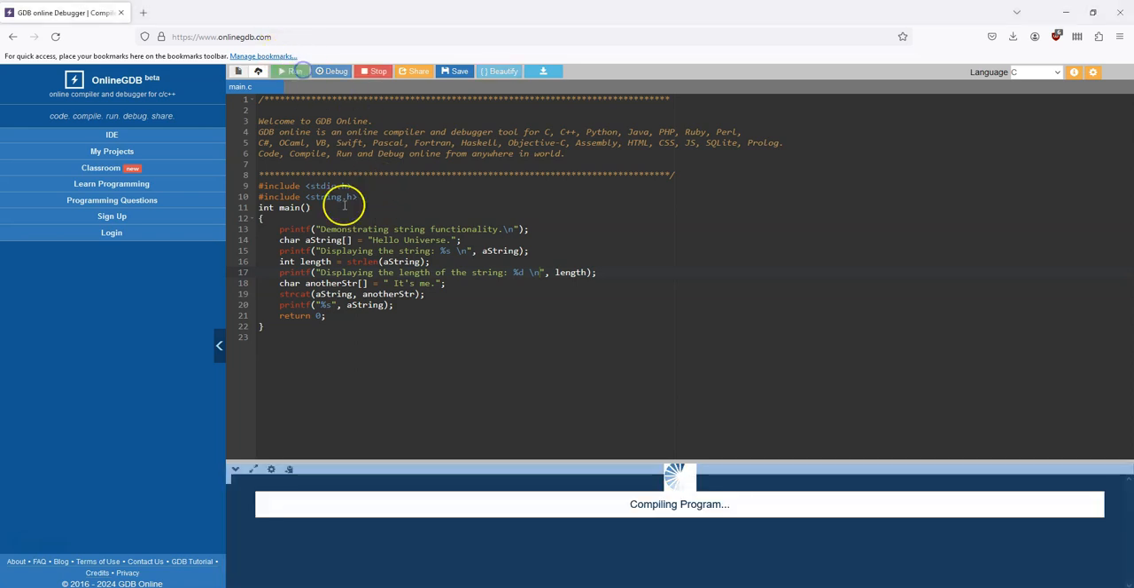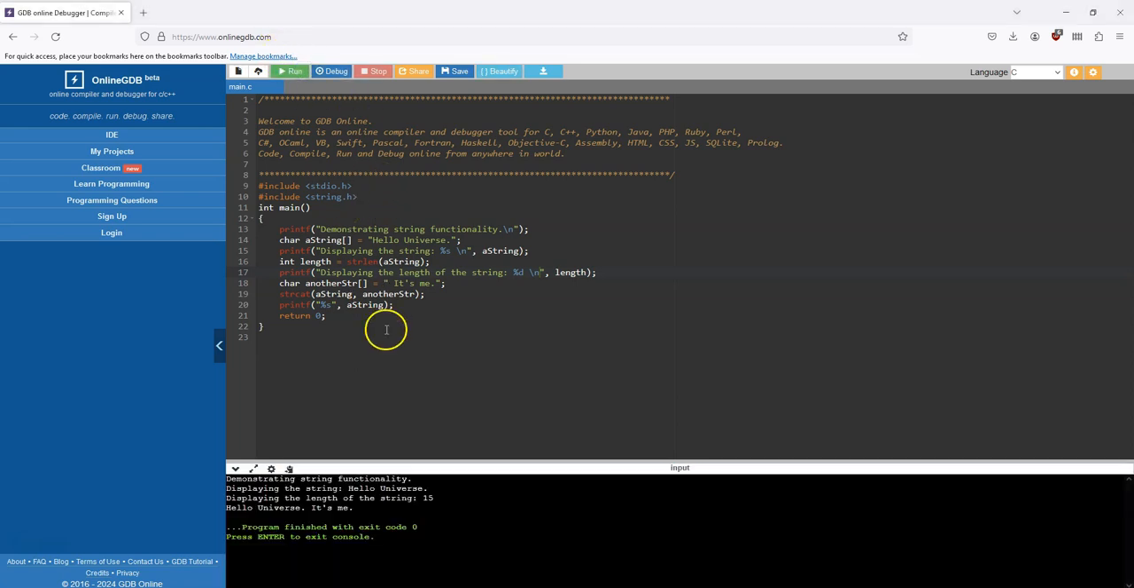If we go ahead and give this a run, you can see it says demonstrating string functionality. We're displaying the string, hello universe. We're displaying the length of the string, which in this case is 15. And then we concatenated those two strings, and now it says hello universe, it's me. So that should give you a good quick introduction to how to work with strings in C. It's again a little different than what we might be used to,